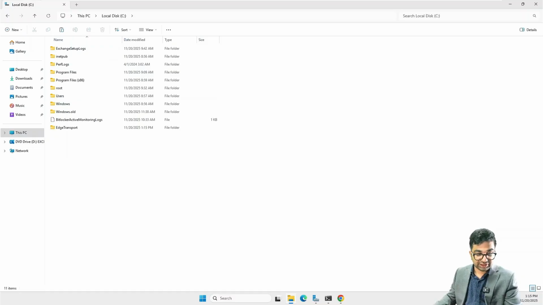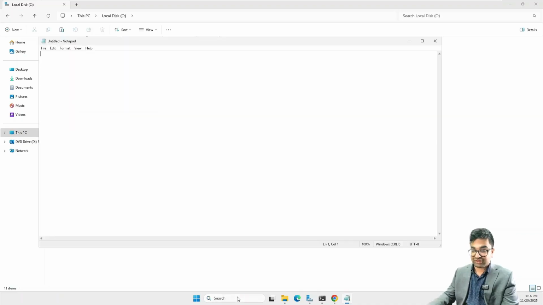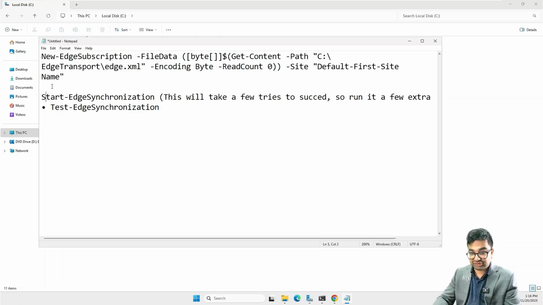Now, one of the things that I always recommend everybody should do, and it is a good idea to always be ahead of this, is have your Notepad open and just copy paste your commands here. So for example, these are my commands. Now I'm just copying directly from the lab book. In certain cases, I do copy directly from the lab book. But